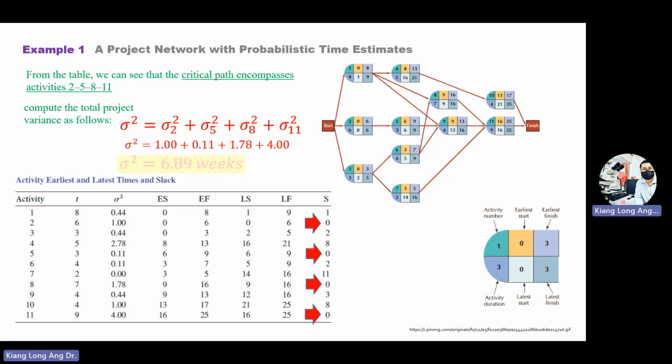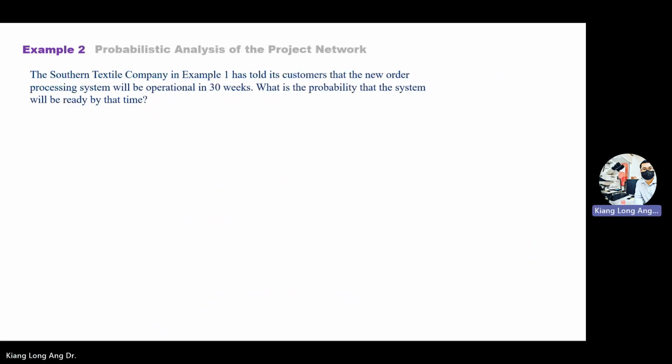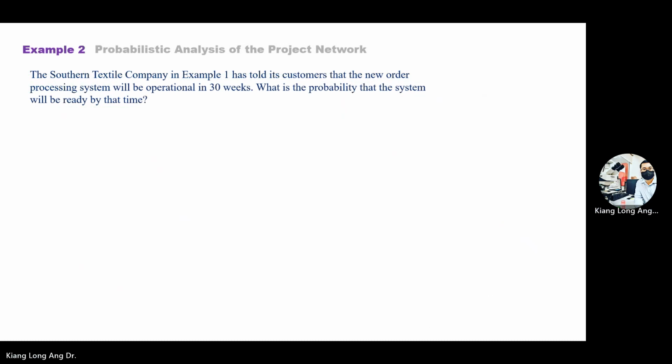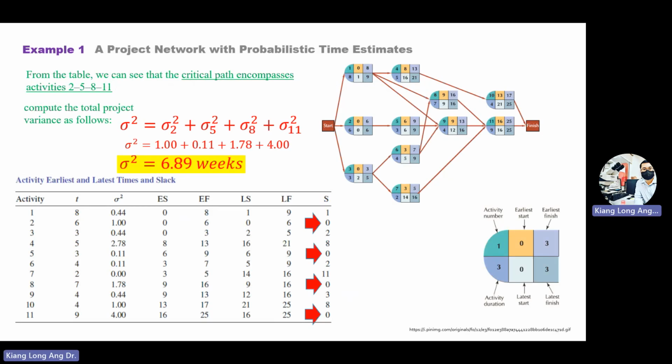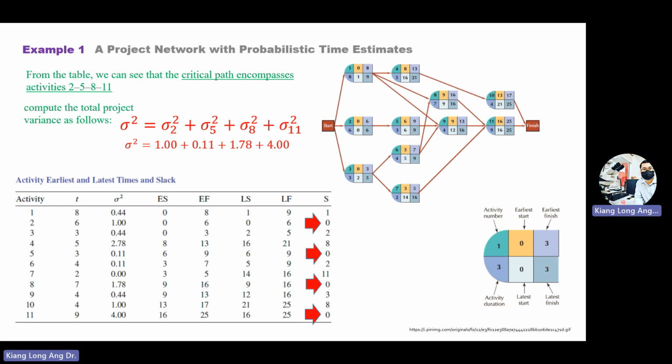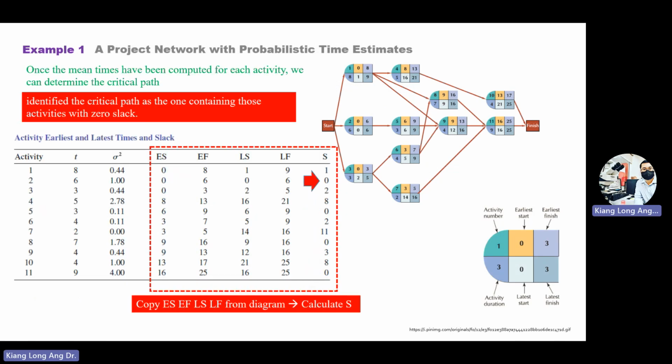Okay. Once you do that, you get a variance of the total project of 6.98 weeks. Okay, 6.98 weeks for the critical path. So once you find the variance for the critical path, you know that the variance for the critical path is 6.98 weeks. So we'll save this number. Then the question asks you, okay, yeah. So the first question asks you to find